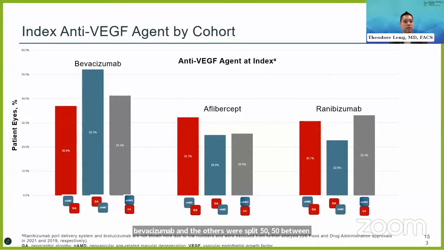Consistent with patients who are new to anti-VEGF treatment, those with GA before neovascular AMD were more likely to have had bevacizumab as their index agent, since survey data has shown that half of all ophthalmologists prescribe this agent. For those with neovascular AMD before GA, the proportion of bevacizumab is lower since those eyes may have been on bevacizumab prior to the index date and then potentially switch to a different agent.